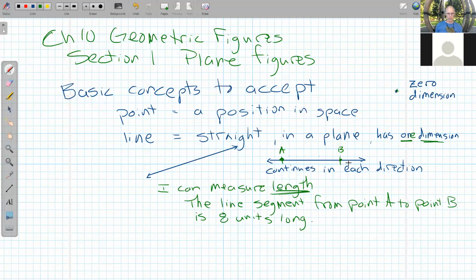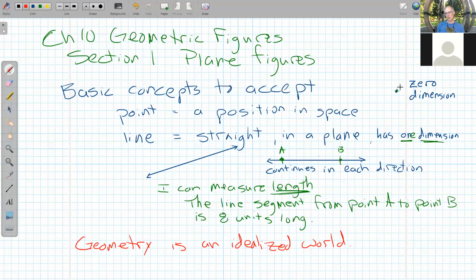So a lot of the things we deal with in geometry, it's this idealized world that mimics nature around us, but it's not quite the same thing. So it's a special part of math, and it's got these